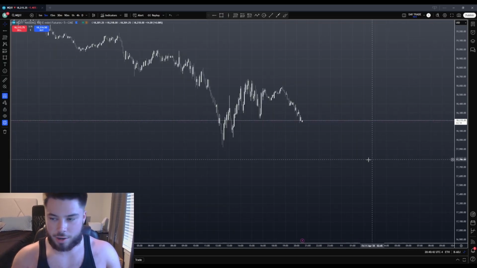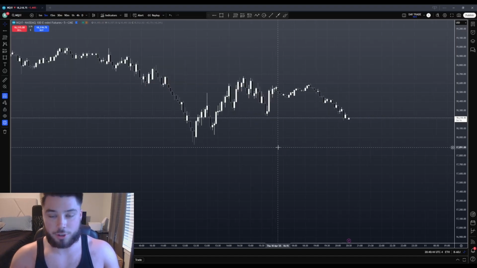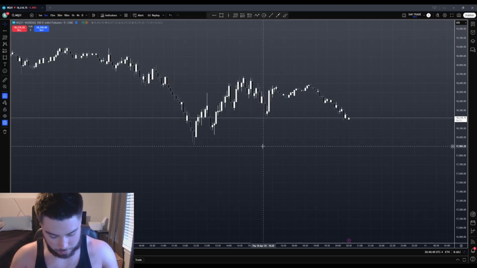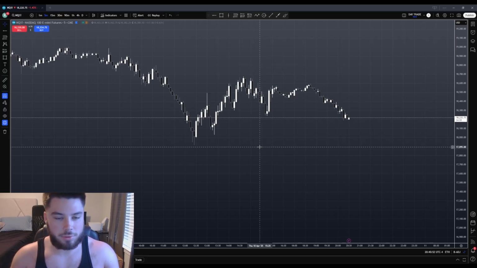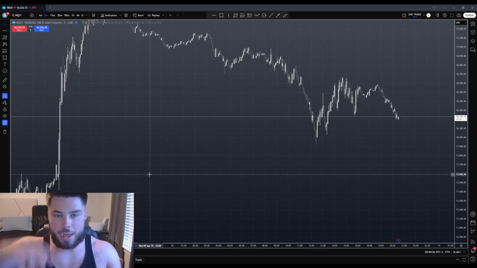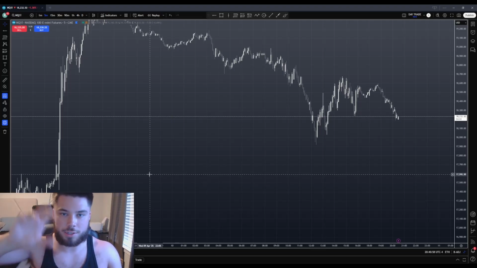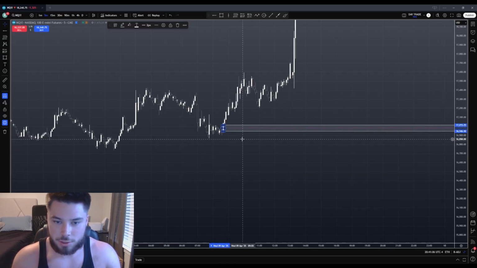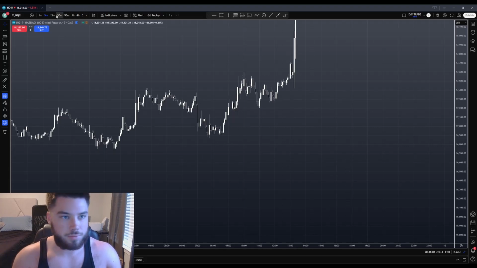An inversion, let me show you an example. An inversion is just like a fair value gap. A fair value gap is the inefficiency of the orders being filled. It's some sort of price inefficiency, right? Something like this. There might be resting orders here, right? But an inversion